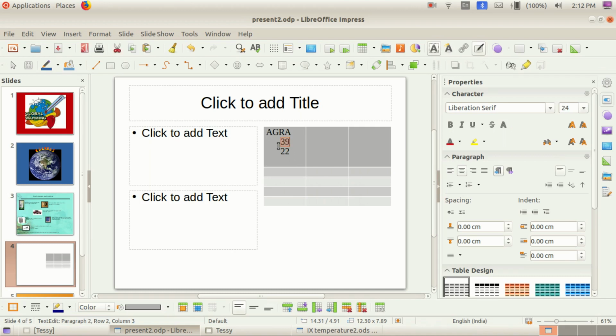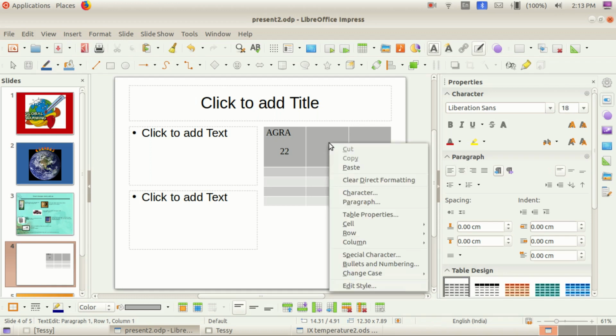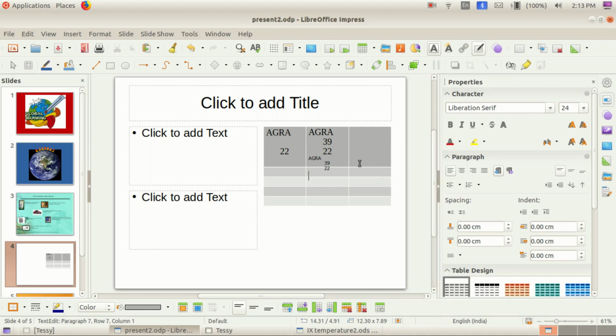Therefore 39. All that data in the same cell here. Let us undo. Okay, 39. We need in Agra 39, isn't it, children? 39 here, 22.